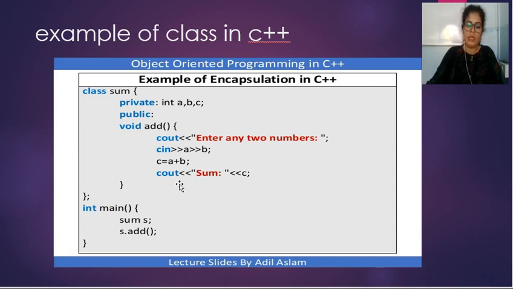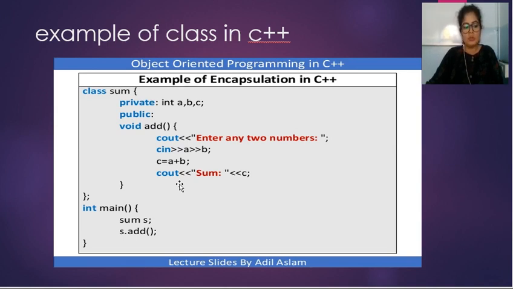you have to create an object. Students, I have told you in the previous lectures, or in the first lecture of C++ properties, what a class is and what an object is. I told you that whenever an object is created, memory is allocated at that time.